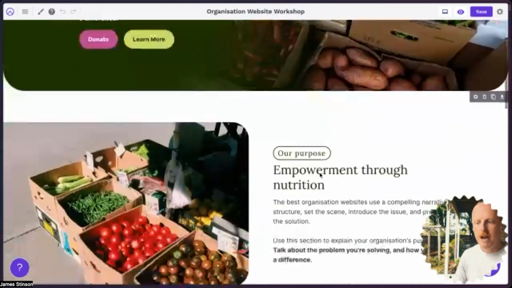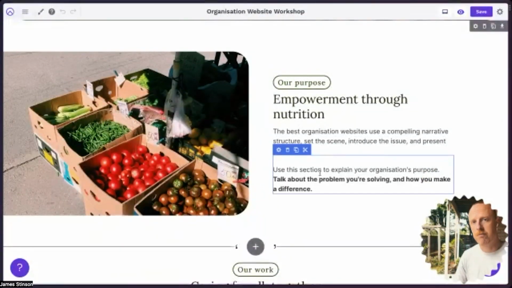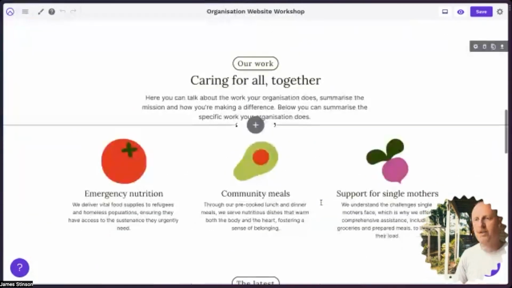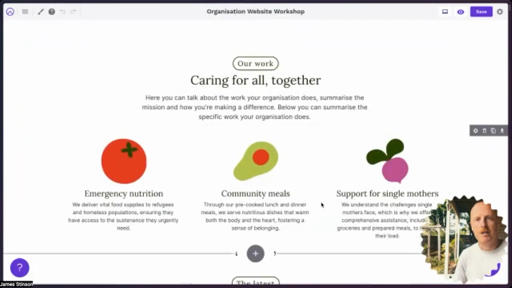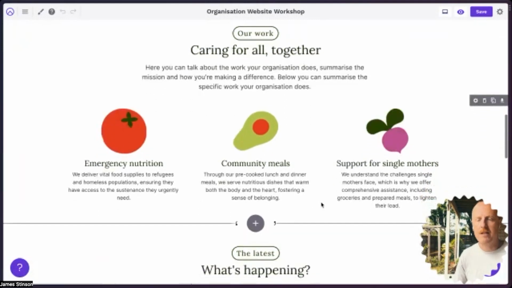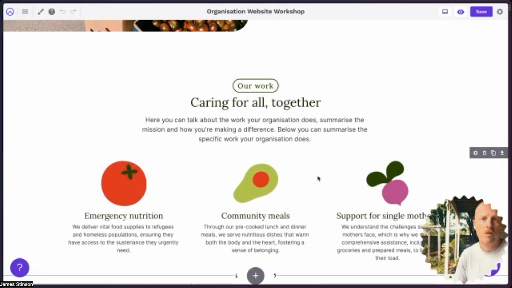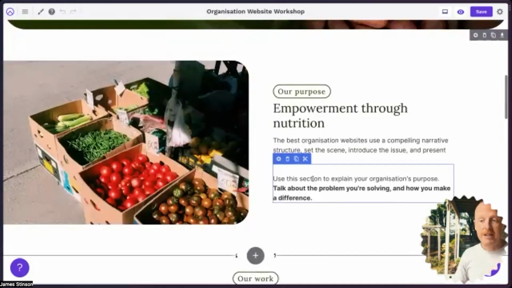As you can see, the core narrative is really around expressing your brand purpose and your brand narrative. Who are you? What do you actually do? How do these things build trust with the audience that's going to be looking at that? And that's at the core of it. What an organization website's going to be doing for you, it's going to really be bringing across brand trust, which is what we have in this one,